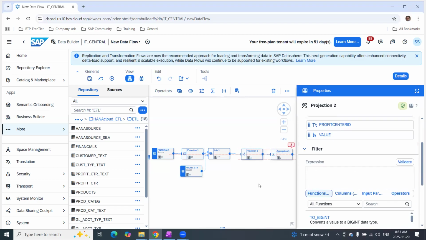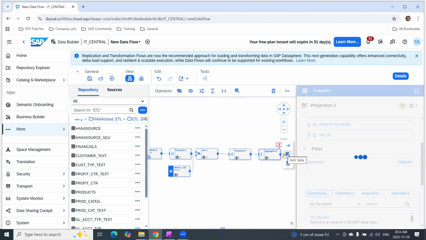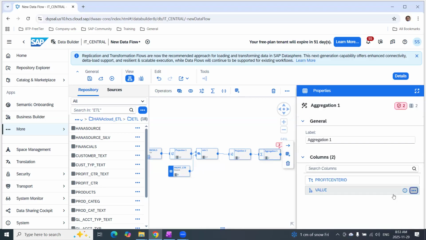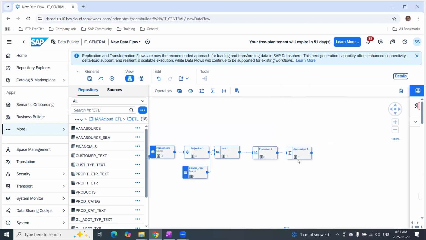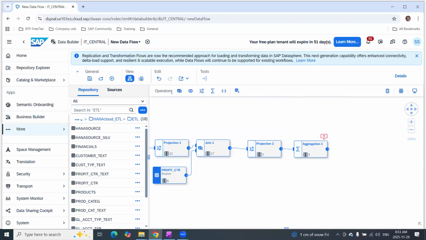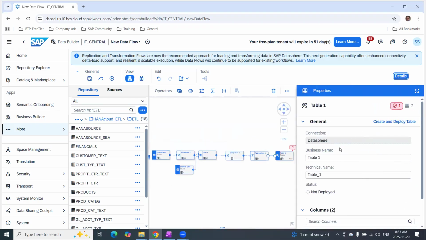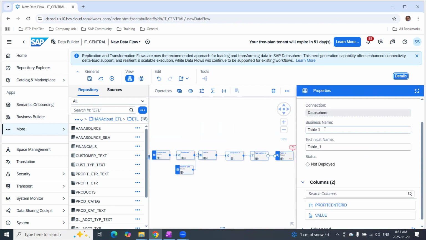I think that should be okay. And then aggregation, now we'll get those two only. And you can change the aggregation to sum. And then finally, you can put this data into a data target. Just go and drag the target table. You can put a template table first, and after that you can change it. So it's a template table, and you can change the template table name to data flow template